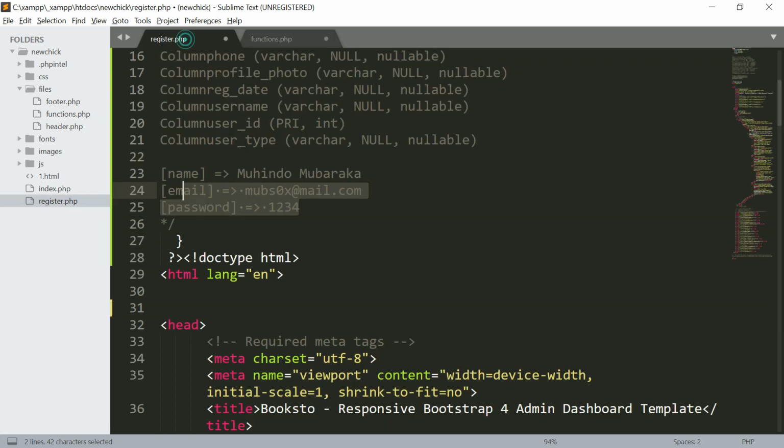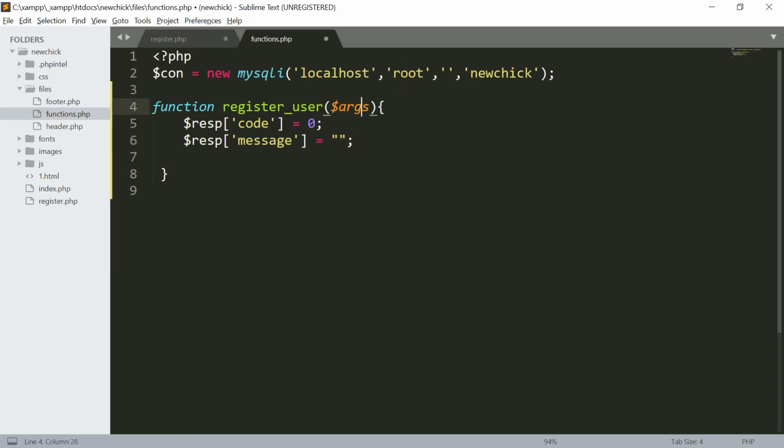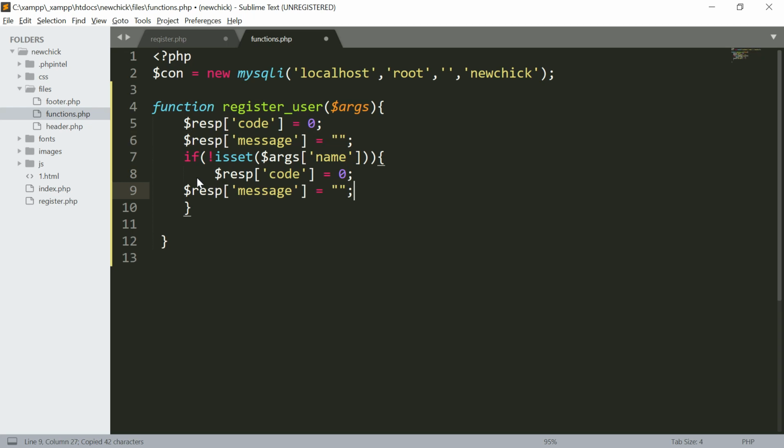So the first thing that we're going to check is if the argument has the name. I'm going to check first if it is set. I'll do the opposite, so that I can return in case it is not there. So I'm going to check if the name is not set, and return this response. I'll first create this response and update it here. In case you did not send us the name, I'll simply put in the message: you must